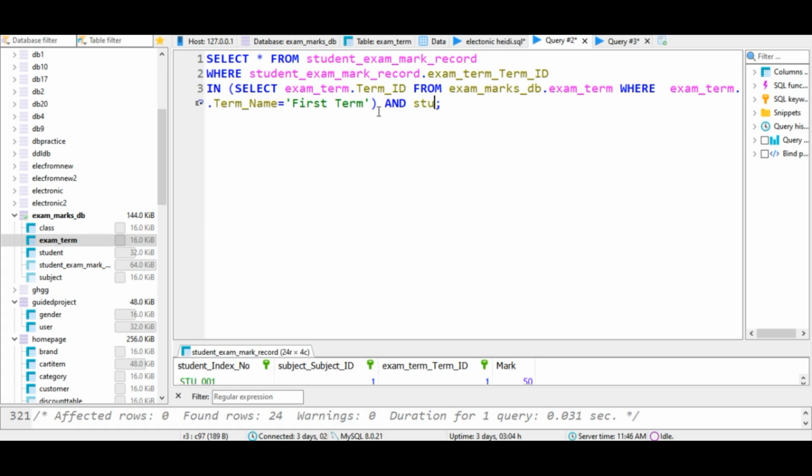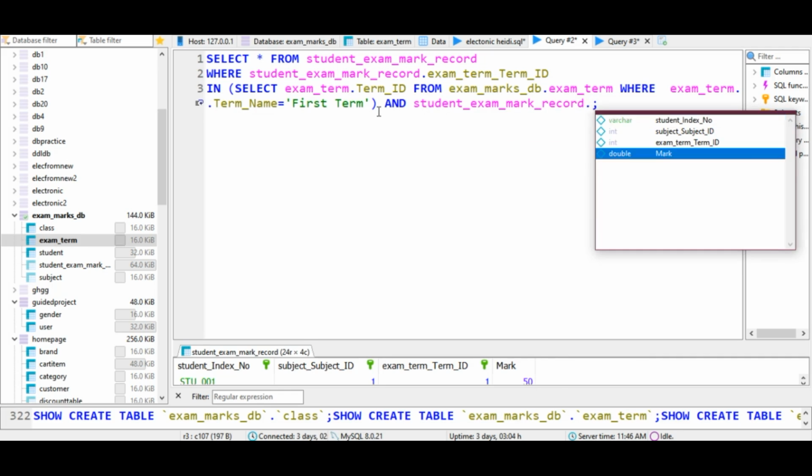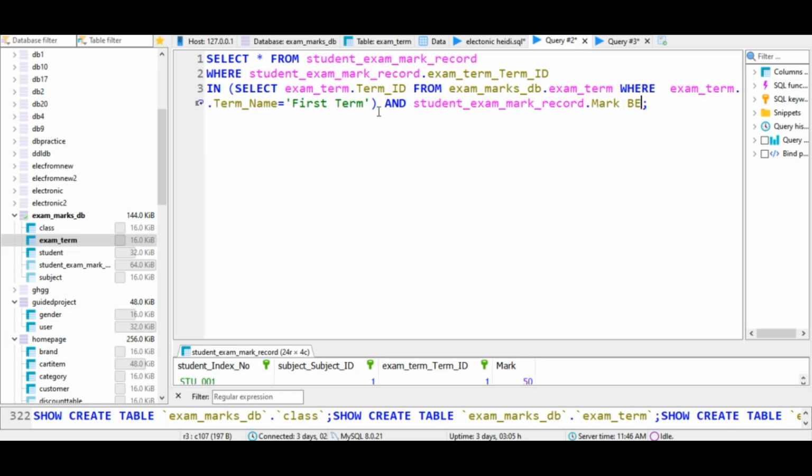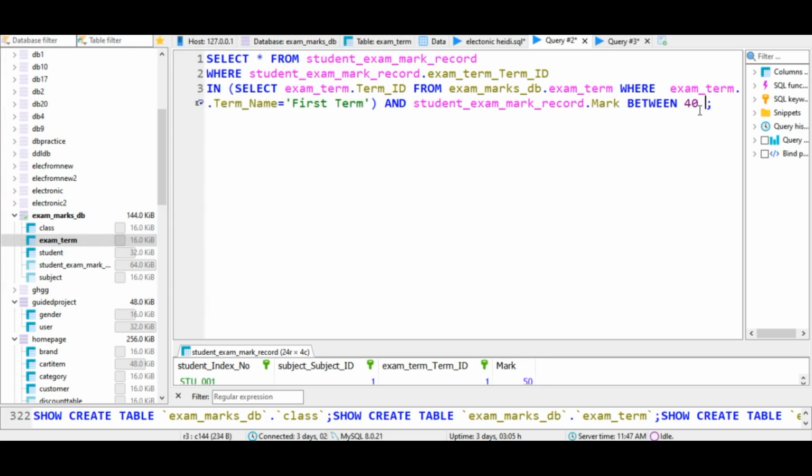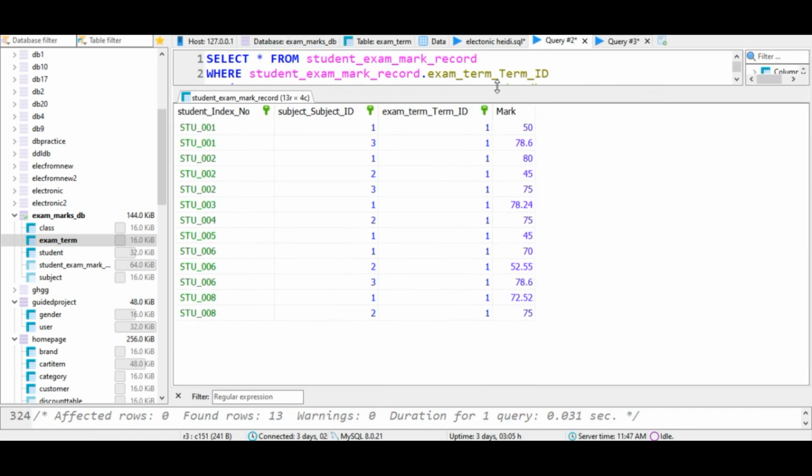and student exam mark record table's mark between 40 and 80, I guess. So if you execute this query, you will get the answer, the mark count between 40 to 80. So yeah,